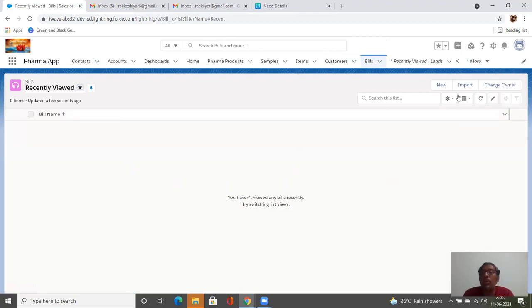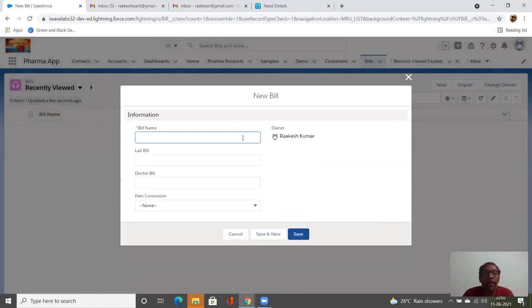So what I'll do now is click on the New button, and the bill name is going to be hospital bill. Inpatient bill, lab bill. It should be less than 10,000.